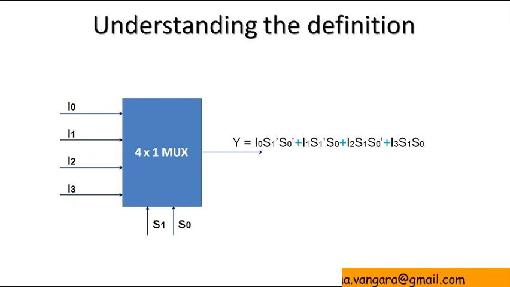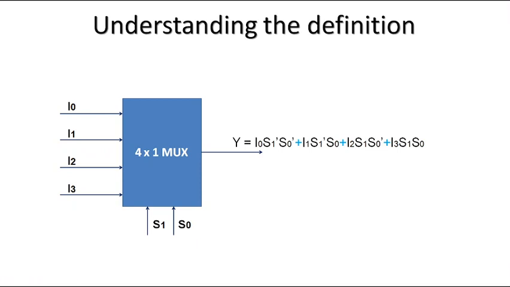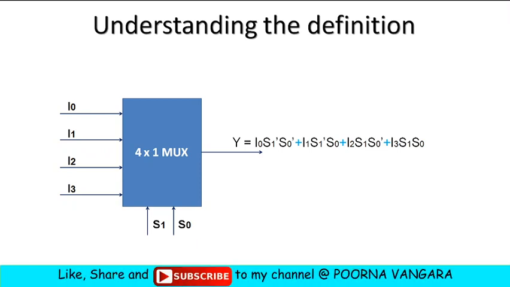So now let us take one example to understand how to do the problems. But before that, let us summarize what we have seen. Always, if you have a multiplexer, first you need to know the number of input lines and the selection lines. Then you can write down the expression in terms of selection lines and input lines. One key point is that whenever I0 is selected, S1 S0 will be in the dash form. That means whenever S1 equals 0 and S0 equals 0, then only I0 will be selected.